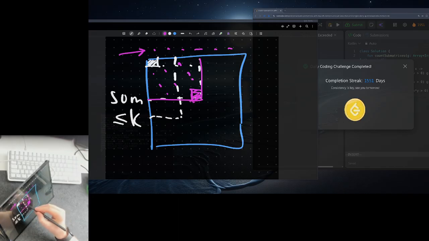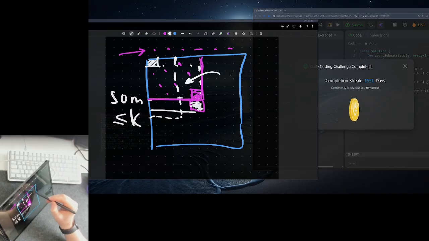Let's imagine it like this. We count in the next row after the known. So the next row, next cell is the current sum, the previous sum,